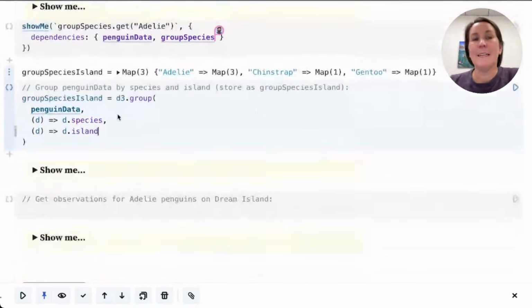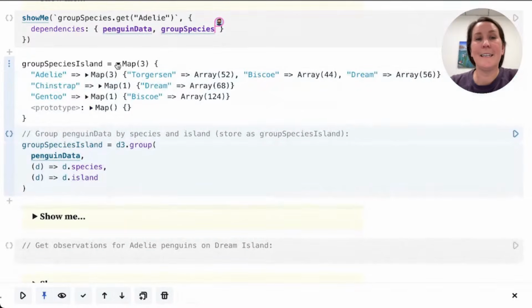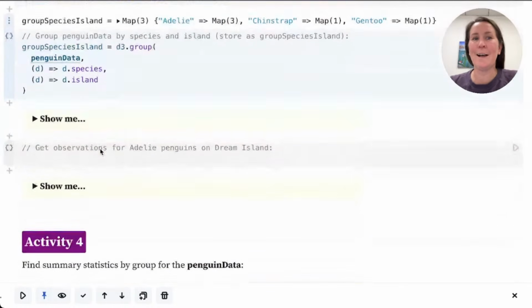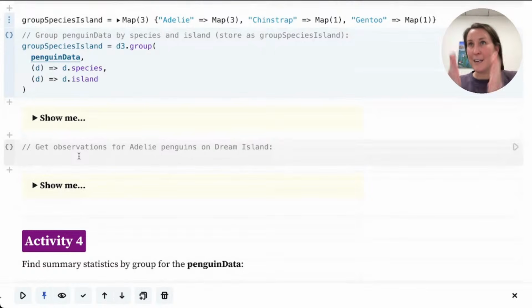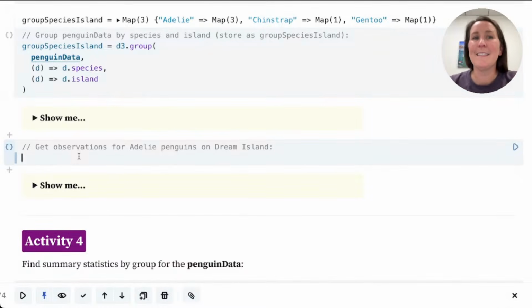And then what this gets is a map where you can see we now have this little nesting structure, which might look overwhelming at first, but I think that using get actually clarifies how nice this can be, because I can just continue to chain through get methods until I have the piece that I want. So let's say, like this next example says, that I want to get observations for Adelie penguins on